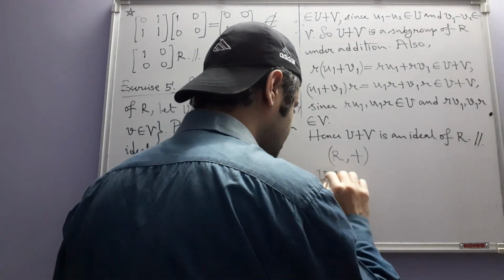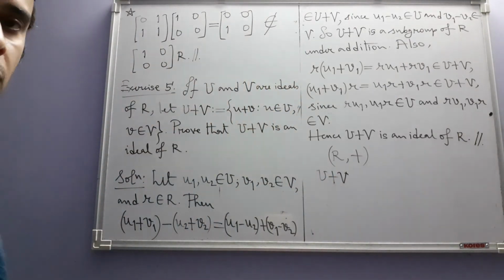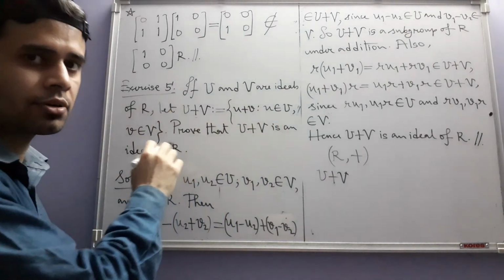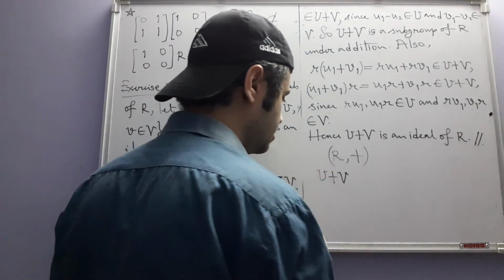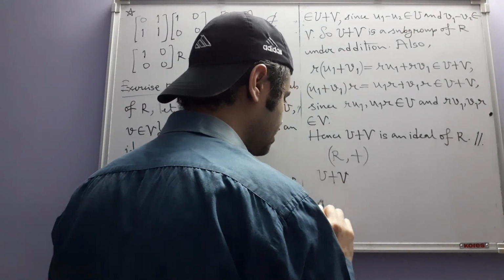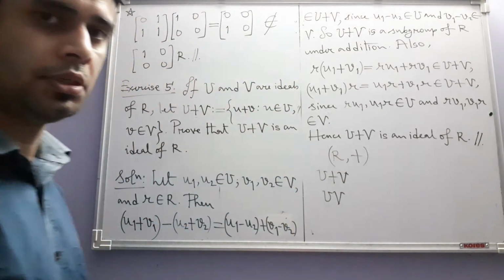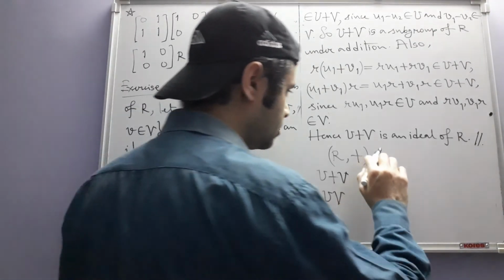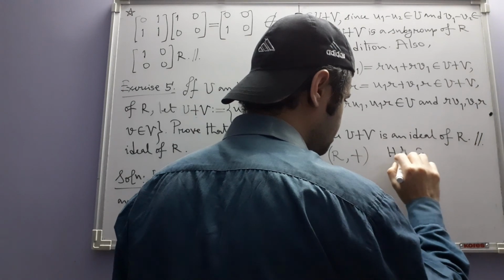What is U plus V? We already know about U plus V, although it looks like we have defined it here for the first time, but that's not the case. U plus V is nothing but the product of the two subgroups U and V in this group. You see, if you recall, if you have a group G and you have two subgroups H and K,